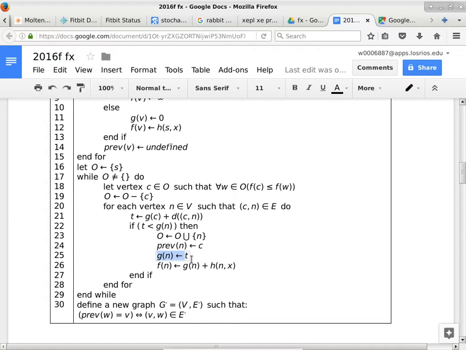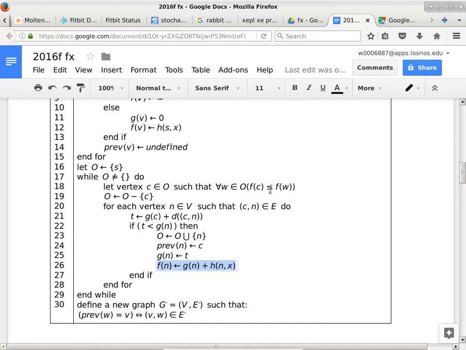Okay? So we only have one more statement left inside the conditional statement. What do you think this one is doing? Oh, by the way, when do we use f? I mean, f doesn't seem to be that useful. It's only updated here, but when do we actually read the value of f of something? Which line are we talking about? Line after the while statement. Line 18? Okay. So line 18 is the only line that makes use of the value of f of something. This, line 26, is the only line that will assign a new value or update f of n, or f of a particular vertex. So what are we updating that thing to?